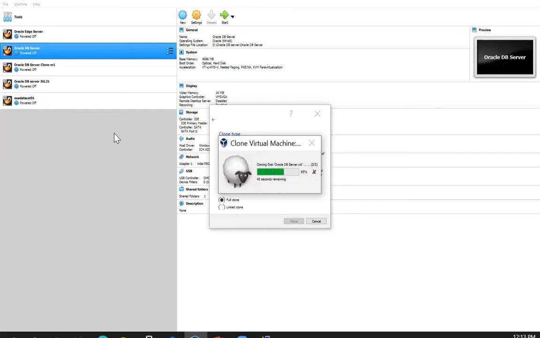Okay, it's just about to 70%. Okay, after it's set up, we need to modify some network settings. What kind of network setting? Because we chose the MAC policy, new MAC policy. It means the IP, the hardware address, and NIC, your NIC, जो network adapter होता है, उसका change हो जाएगा.